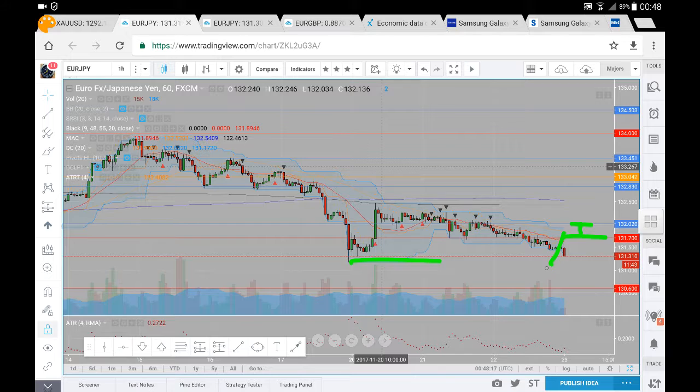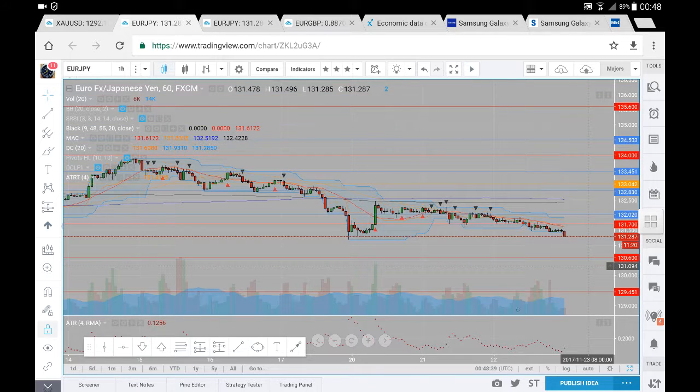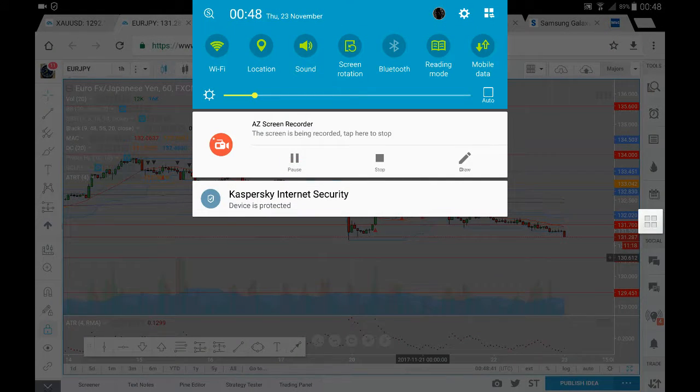Now, if we don't catch a reaction around 31.20, we're possibly looking for the next major level in around 30.60. Again, down at 30.60, we're looking for potential buy side momentum to come into the market. We may see a bounce in prices from the 30.60, possibly taking us all the way back up to this 31.20, before we might see some sell side momentum for the retest of that 30.60. Beyond 30.60, depending on market volatility, we could possibly be looking for, before we get down to this next major